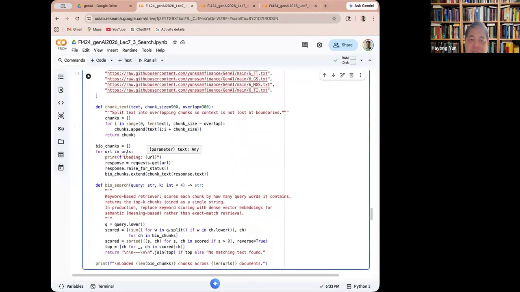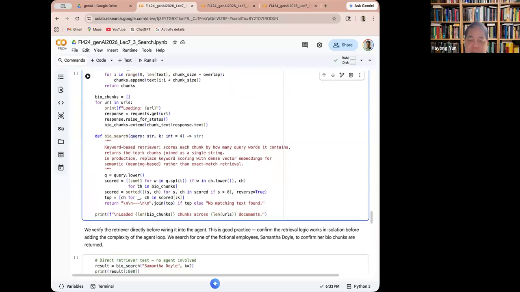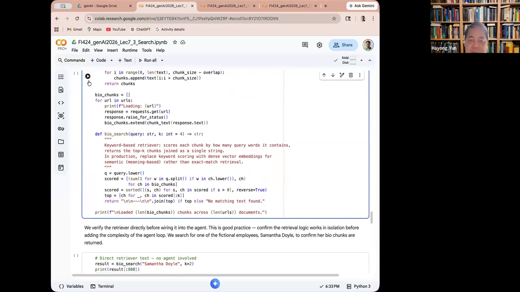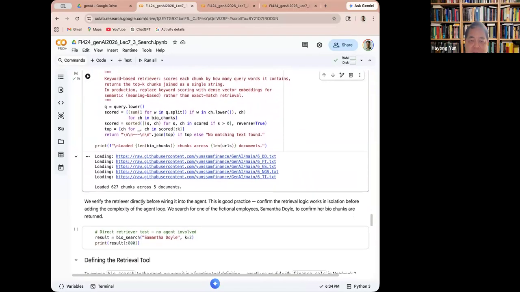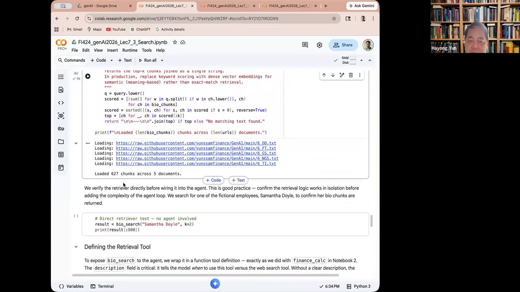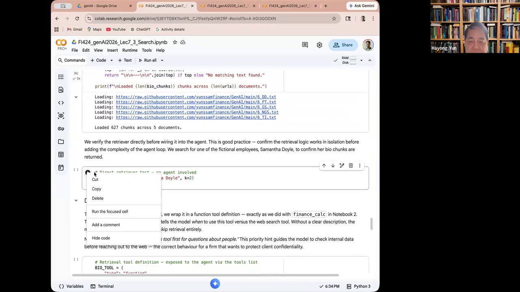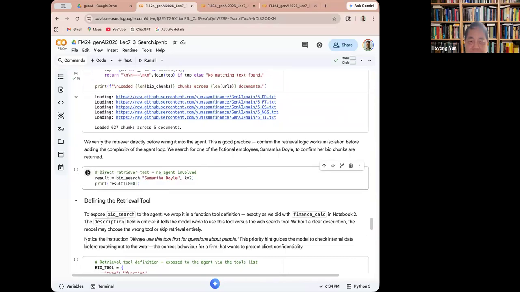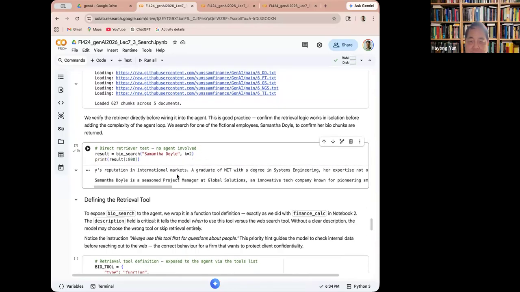Then we chunk them, and we have done this in the RAG notebook, but we have a query with the nearest k chunks that are closest. So there are 627 chunks across 5 documents. And here for Samantha Doyle, the closest chunks get pulled out, with K being 2, so the 2